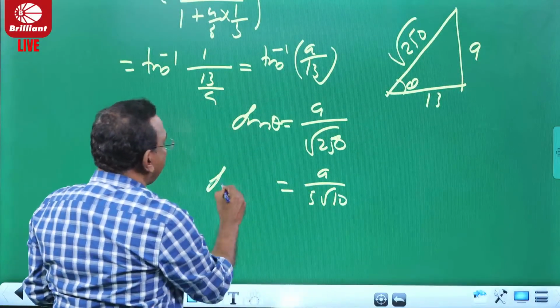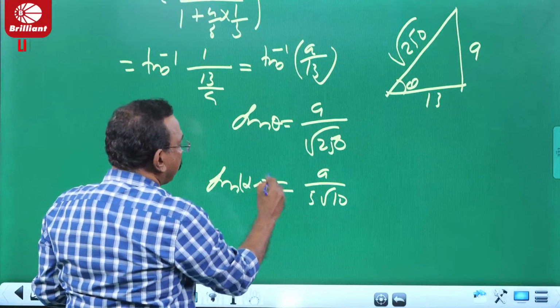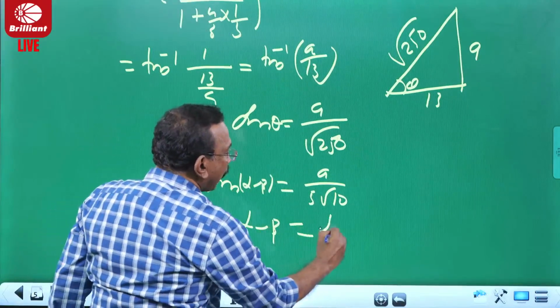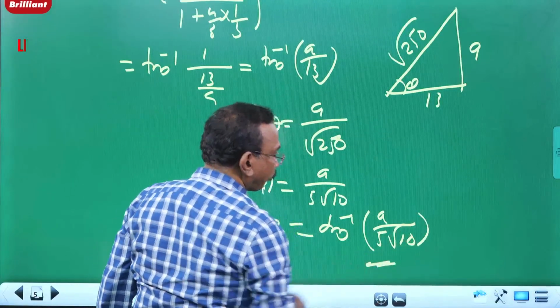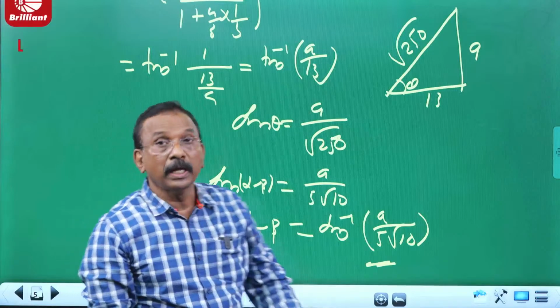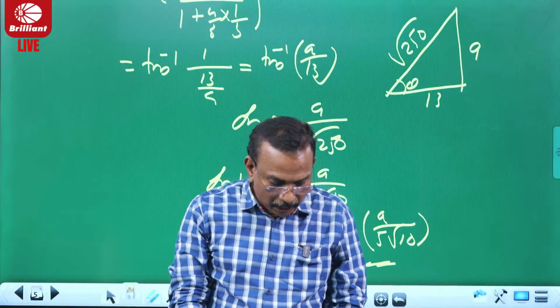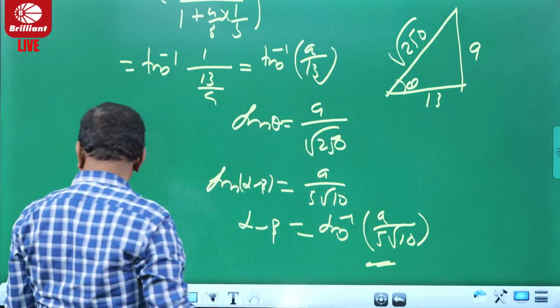That is actually sine of alpha minus beta. So what is alpha minus beta? It is sine inverse of 9 divided by 5 root 10. So this will be the answer of that problem. You can see the next question as